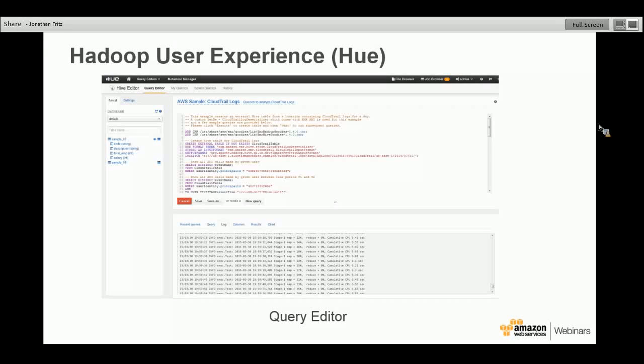You can use it for batch reporting workloads or ad hoc workloads. If you have some questions you want to ask of your data and know how to write SQL, you can write it and submit those jobs to Hive. You can query data in HDFS and S3,